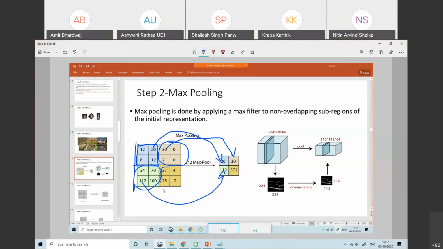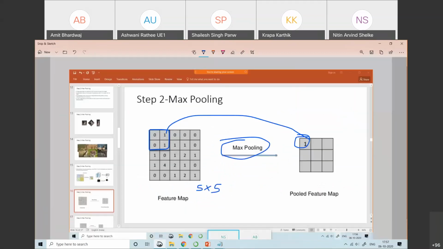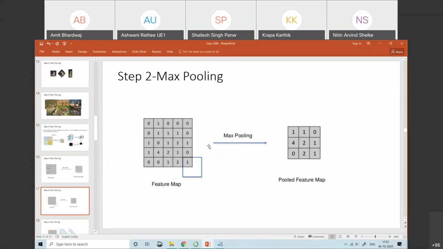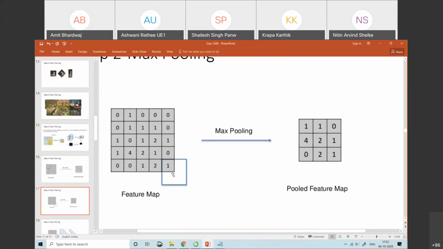For this block, the maximum is 37. It's not 372, it's 37. So this is max pooling. Now similarly, I'm applying the same thing on our convolved feature map, the 5x5 image, and after doing the pooling we get the pooled feature map.